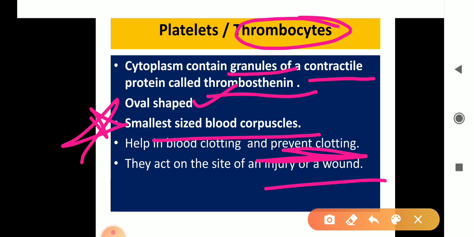Now again, what is the function of RBC? Hemoglobin is found in RBC. That's why it helps in the transport of oxygen. Then what is the function of WBC? WBC forms the defense mechanism of the body. And what is the function of platelets? Platelets help in blood clotting. Is it okay? And what was the function of plasma? Plasma was the medium for all these cells. And the next function of plasma is transportation of all the nutrients, waste, gases, hormones, and other substances.